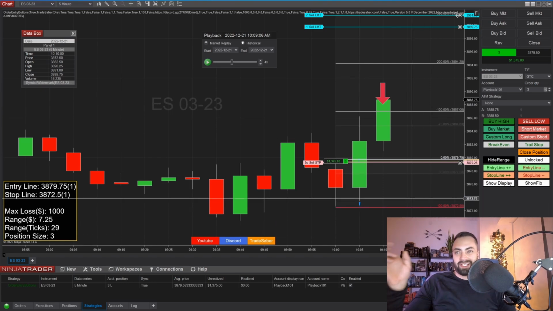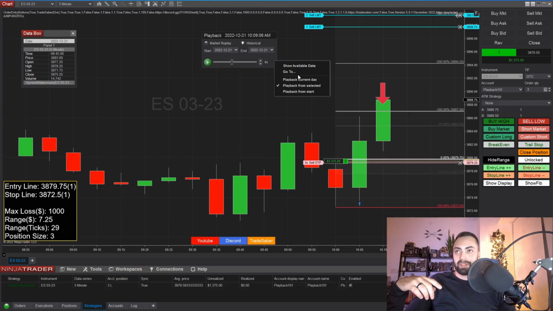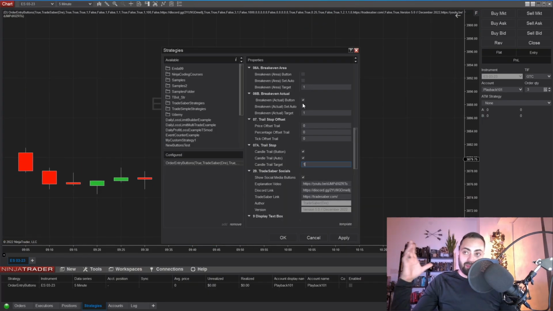And yeah, now let's go through the trail stop. So for the trail stop, we just have the one option for now. I'll be adding in a custom trail option a little bit later. I just ran out of time to add that. But this trail stop option is going to trail each new candle. So as soon as one new candle opens, it's going to trail the previous candle. And again, you can set this automatically, or you can start it with a button. So let's hit apply,